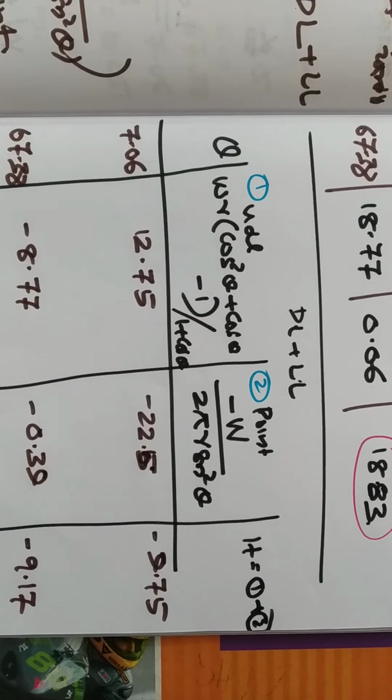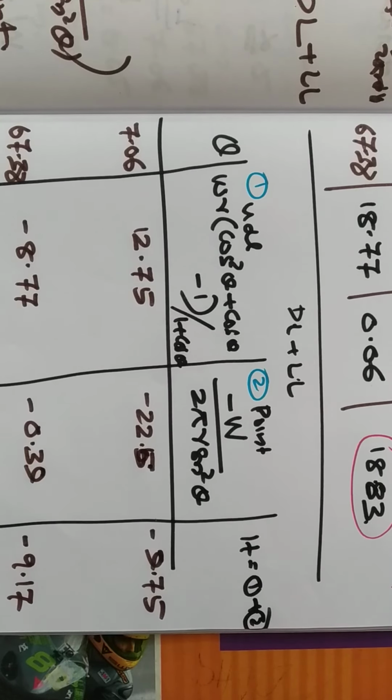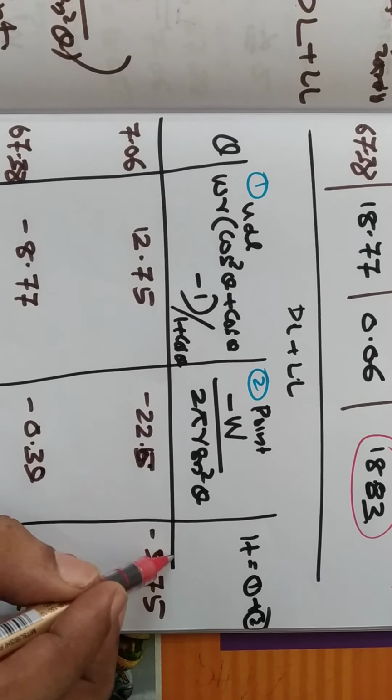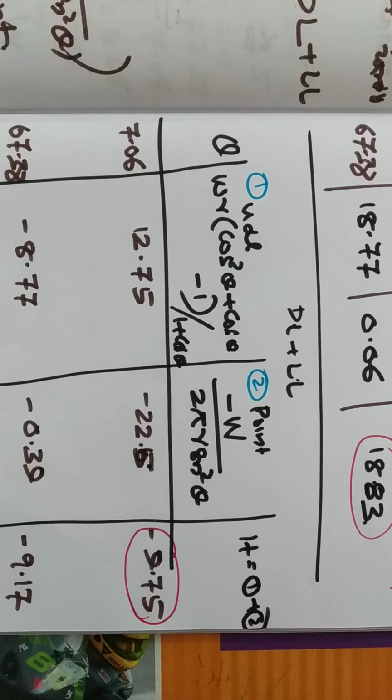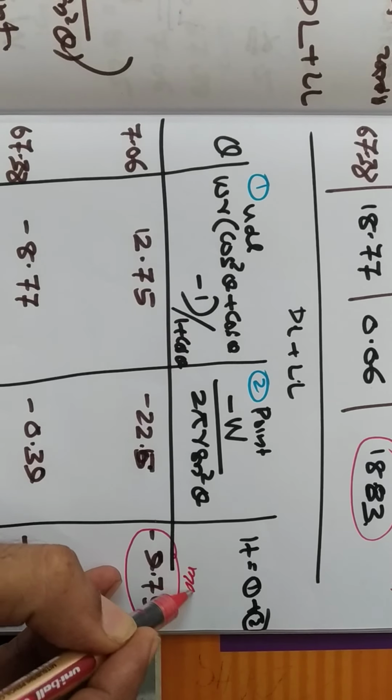Okay, so in this case, the H value is negative completely. So out of this, the maximum value is this one. Okay, so you will take this one. This is max,